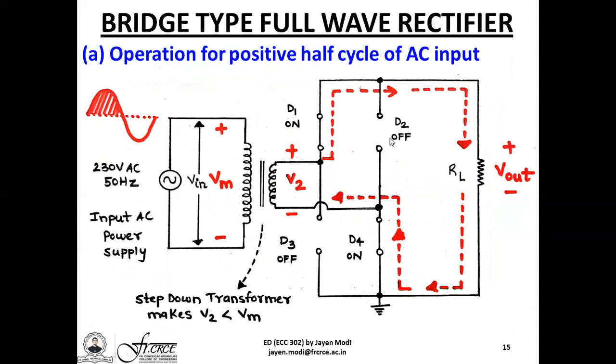We have D2 off, so it will again be like an open circuit configuration or an open loop. We have D4 on, forward bias, so it will be behaving like a short circuit. And since we are having a positive half cycle between 0 to pi, we have the primary topmost potential as plus, the bottommost potential at minus, and for the secondary part, we have the topmost part as plus and the bottommost part as minus. Now D1 and D4 in conjunction with the load RL form a closed circuit path.